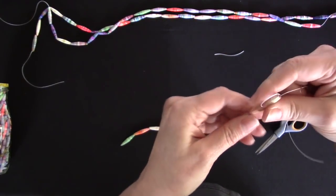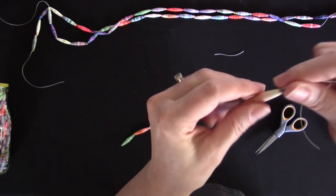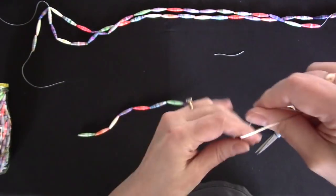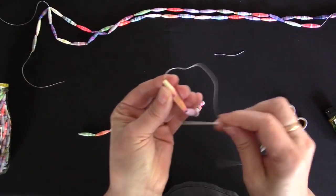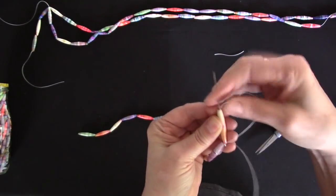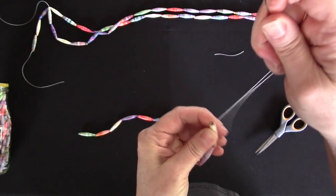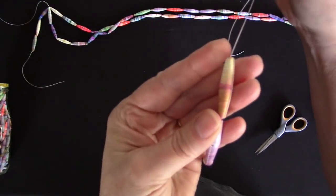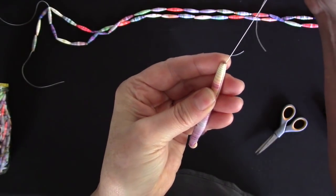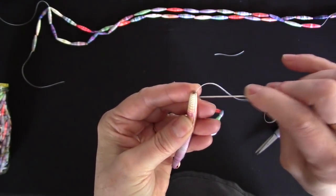When you do it just once, you can kind of slide the bead up and down. So slide it down to make sure that your string is snug. Then do it again, just like we did with the first bead. So now you've got 2 strings wrapping around it. And then just like we did with the first bead,